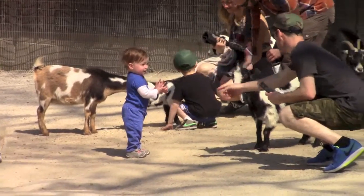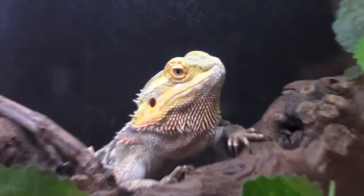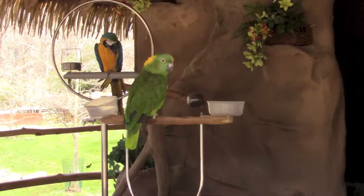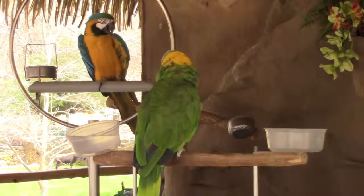We really focus on enrichment, and enrichment is basically anything that enriches the animals' lives, but it's doing something to bring out their natural behaviors, stimulate them. So for example, it can be anywhere from the reptiles. We could give the snakes a different scent in their cage, so they have to move around and explore the new scent. For the birds, we make a variety of toys. I know you can glance in their cages, anything from tissue paper to Dunkin' Donuts cups strung together to actual